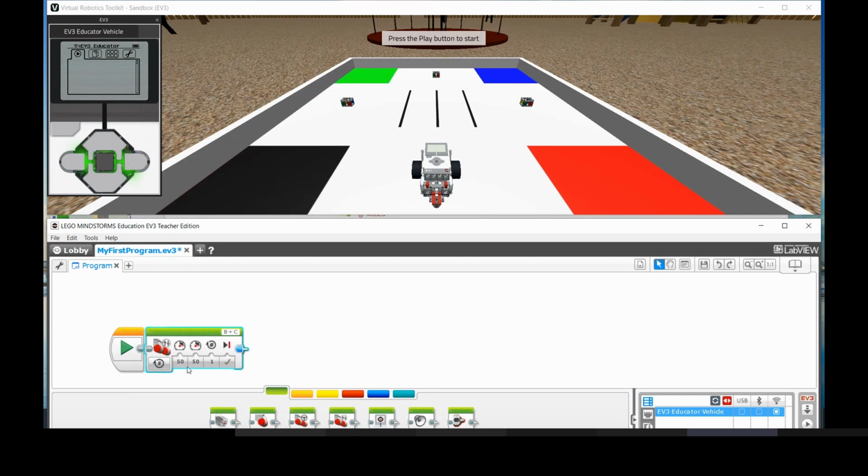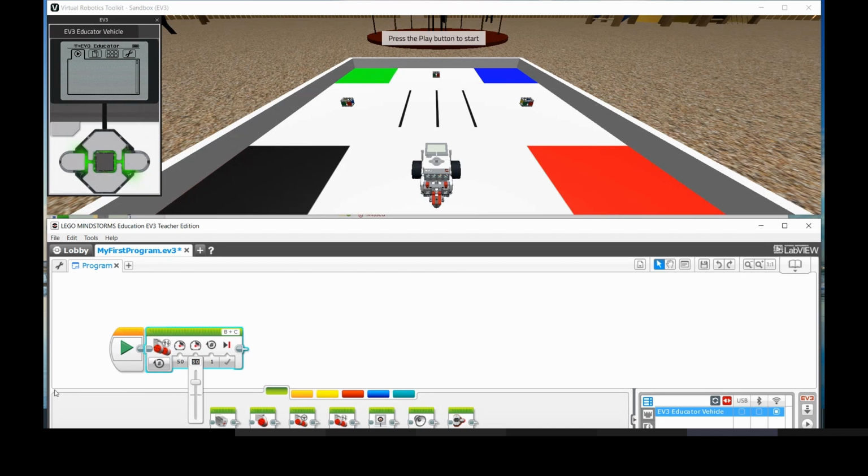Remember, to do a pivot turn, you need to have the power of one of the wheels at 0. Remember, the move tank block controls each large motor individually. So you'll have the power of one wheel here and the power of another wheel here. Let's make the power of one of the wheels 0